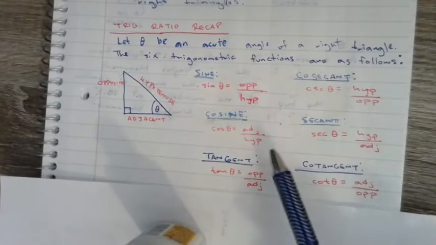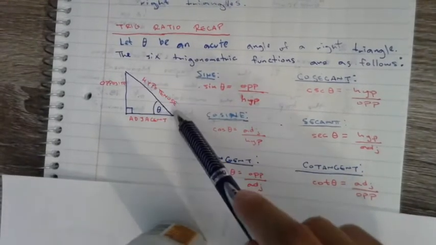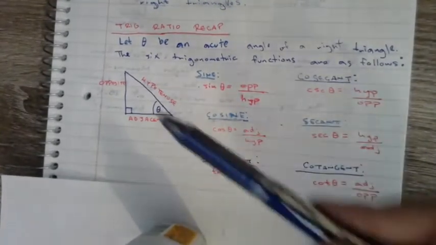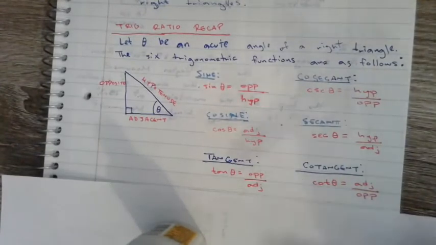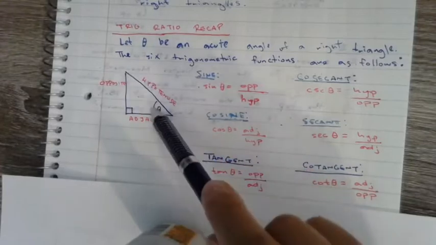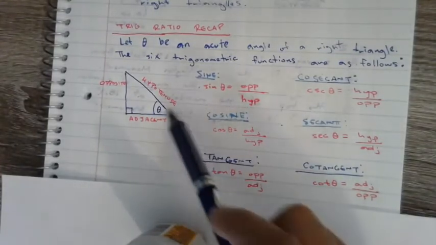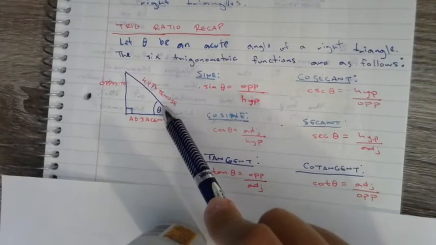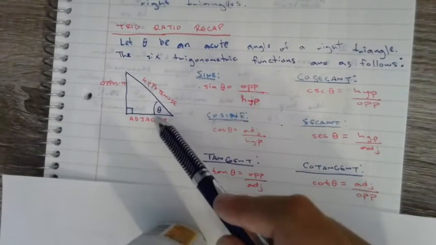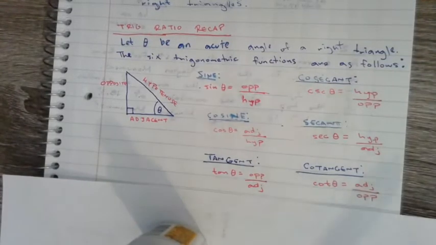Cosine is going to be adjacent over hypotenuse. So there's a difference right there. And then the other one that you've seen before is tangent. Tangent of theta is the opposite side over the adjacent side. Remember, to figure out the sides, always start at this angle and then figure out what side is the opposite side and what side is the adjacent side, which is right here. Now those are the three main trig functions that you will be learning here, but there are three others